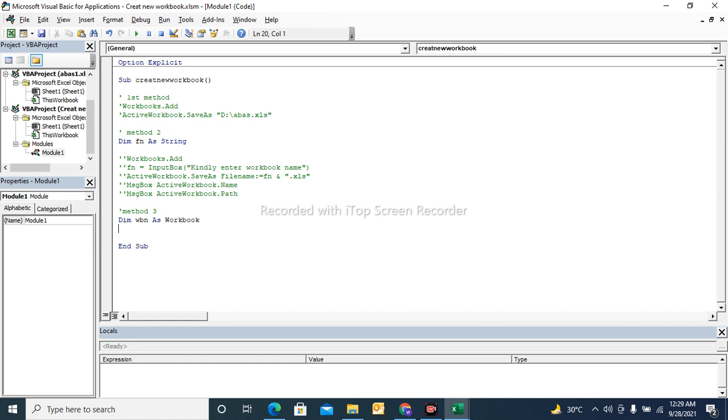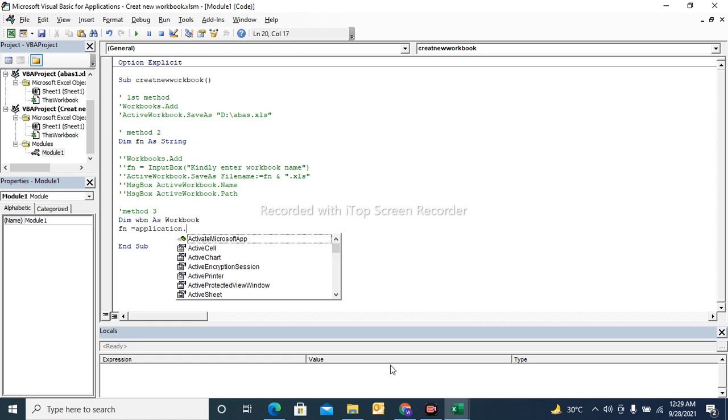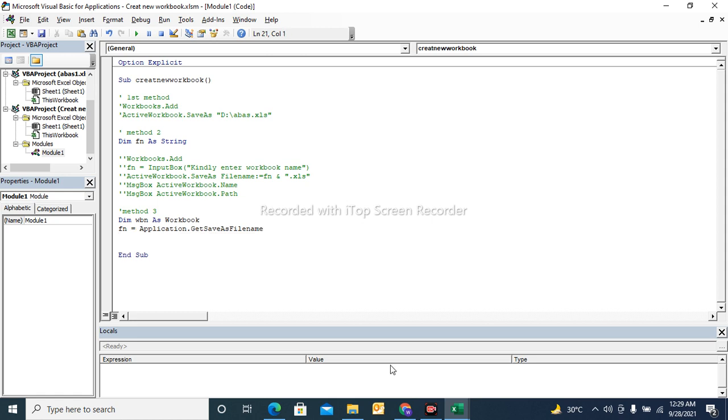Another useful function which I am now explaining is fn equal to Application.GetSaveAsFilename. This method is a little bit different from the above method. In this method, first we assign a name to the workbook